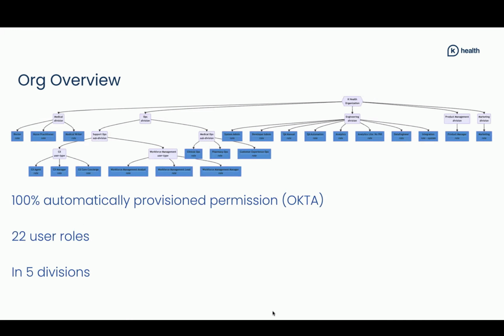We have the org chart that we've been able to decompose based on permission set groups and permission sets, and automatically provision all the roles and their permissions to different teams and different types of users. So it's about 22 user types or roles, however you call that, in 5 divisions. And we do not manage permissions manually. We do not assign permission sets manually. Everything is done using our SSO provider, Okta. I'm sure there are many alternatives, but this is what we use. In Okta, we have teams, and the people added there get provisioned and have access to Salesforce and relevant permissions.